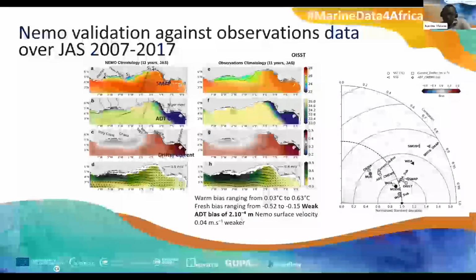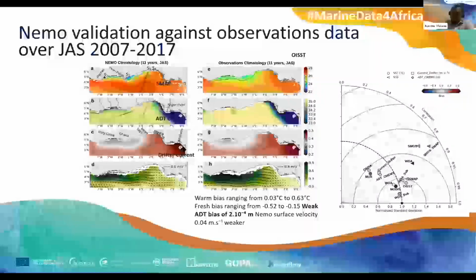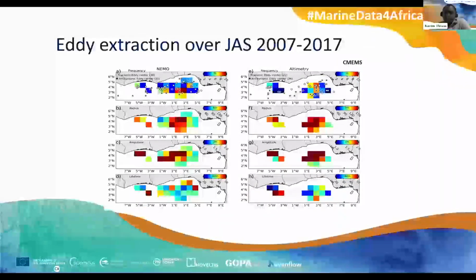So it makes us confident that our model is representing the main features in this region, so we can use it for analyzing the mesoscale dynamics. So, moving on: here I perform the eddy extraction, comparing the extraction from NEMO and the one from altimetry from